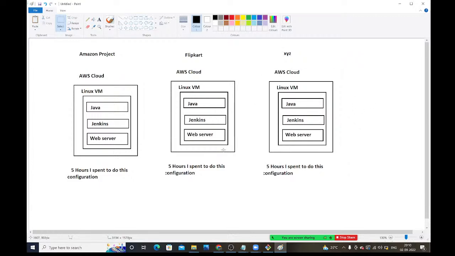So now, if you go to each project and do this setup manually for each and every project, how much time do you need to spend, guys? You need to spend 15 hours to do this setup for each and every project. Instead of doing all these things manually, what I am going to do right here, whatever setup I did,